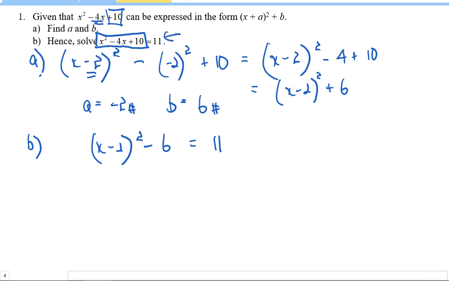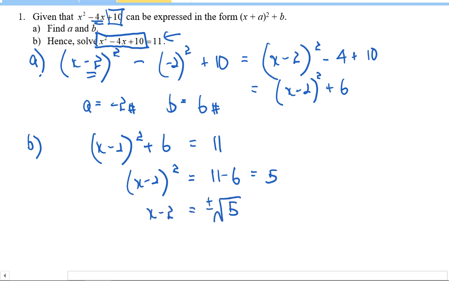Alright, your job is not to expand. Your job is to utilize the answer and use it to solve. Alright, so now, how can we solve it? If you learned previously, to get rid of square, I will need to square root. But in order to do that, I will need a positive and negative root 5. So in this case, just have to press the calculator. This means